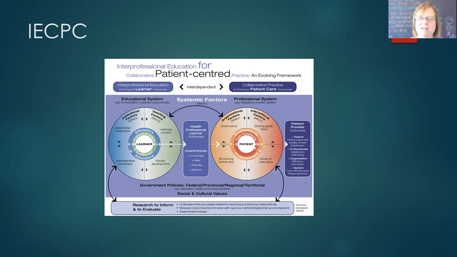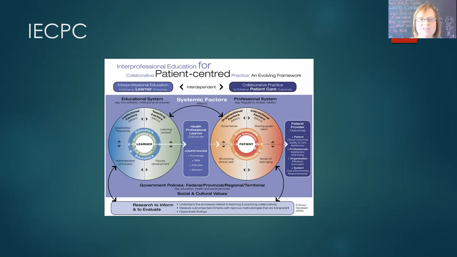And there's a lot of different factors within this model that we can also see. So there's the governance. How is your regulatory body governed? How do different regulatory bodies communicate and collaborate with each other? How is your hospital governed, and how are the different departments aligned within that? We see how you structure clinical care within a particular organization impacts how interprofessional education in the organization may happen, and whether all of the members of the team have this sense of belonging or not. And that's really critical to understand how important you think you are. Is everyone equally important in this system or not? And whether there's a shared vision or common goals.